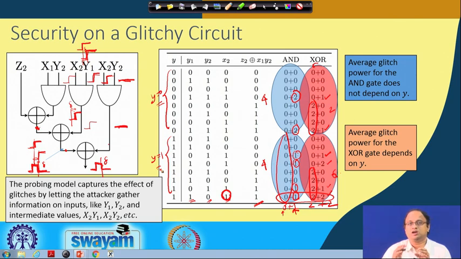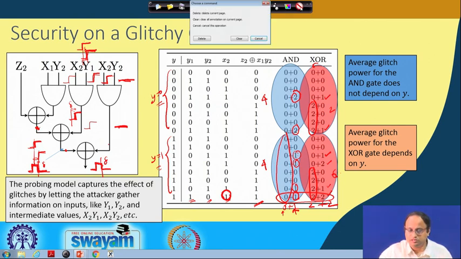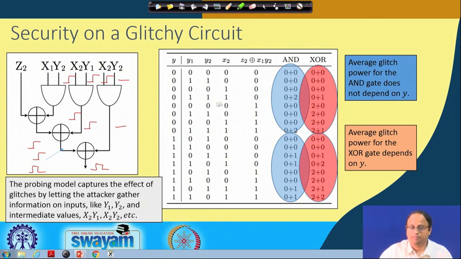Note that when you are doing the attack, you need not get into the circuit and try to count glitches. The idea is that the glitch power is correlated with the unmasked data, so if you just do a power attack, albeit with many more observations, you will still be able to get the key. The reason this attack works is that the glitch power is correlated to the unmasked data. So you would like to implement this in a way so that these kinds of attacks do not work, and that is what we will see subsequently.